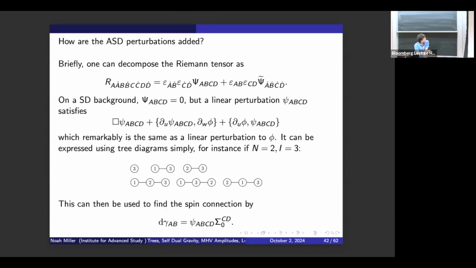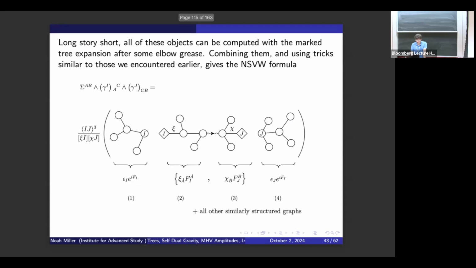And then once you know this anti-self-dual curvature, you can solve for the spin connection. They're related in this way, which is just the linearization of the standard form. But in any case, this is the complicated part of the proof, and solving for the spin connections and dealing with that is the main complication. But anyway, I've explained how the objects can all be computed, and then you can find this action, and you write it in different ways,